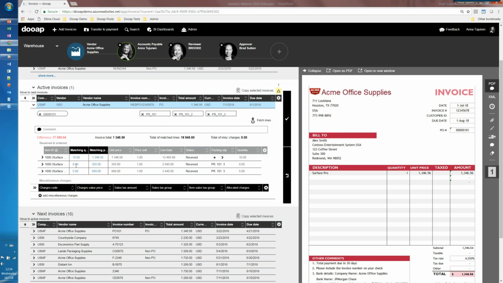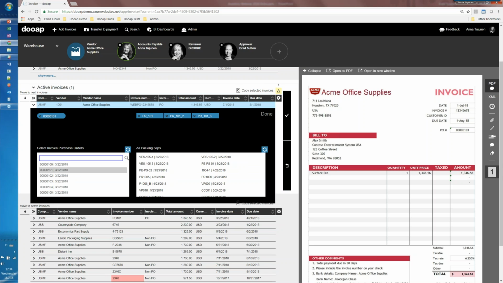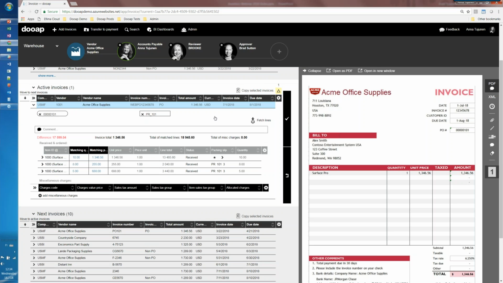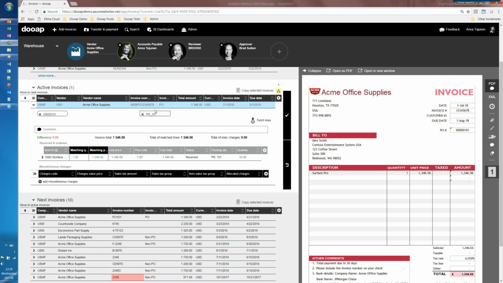But also, if I don't need to do line level changes, I can do the selection based on the product receipt. So I know that this invoice only relates to this one product receipt. By selecting that, it will filter the available items, and then my invoice would match.